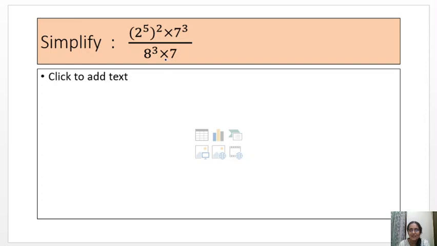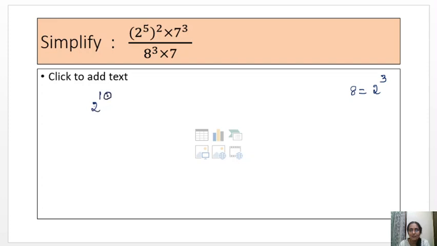In such cases, you try to write the composite number in terms of prime numbers, so that you can use the laws of exponent. You have to think yourself, how can we use the laws of exponent, how can we simplify the number? Now 8 can be written as 2 to the power 3, right? Why do you have to write 2 to the power 3? Because you have 2 as the base here and you will get some powers here, so that you can use the laws of exponent.